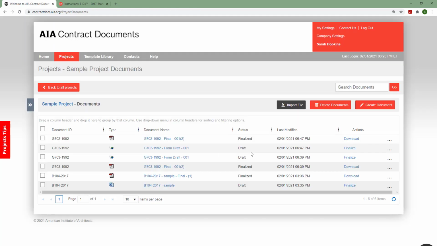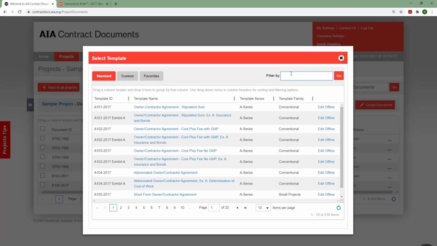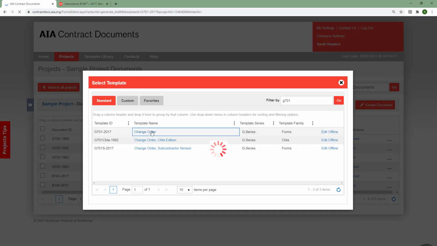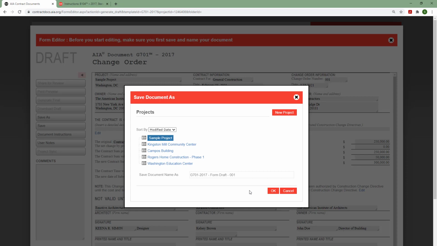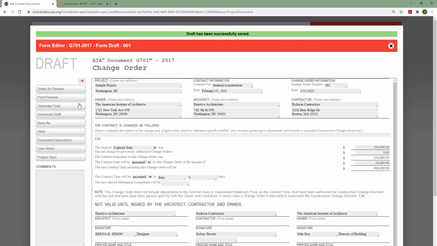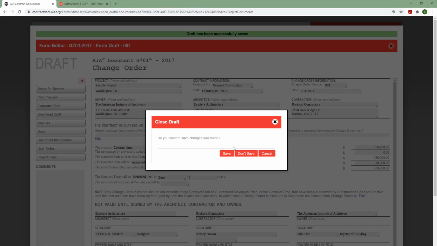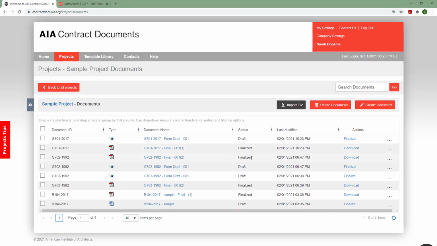And this is also going to be true for any change orders that I create. So if I create one change order, again, most of my project details have automatically populated at the top here. And for example, if I do an additive change order and account for an increase in sum here, then I'm going to go ahead and save this as a draft. I can finalize if I would like to. And then when I go to create my next change order,